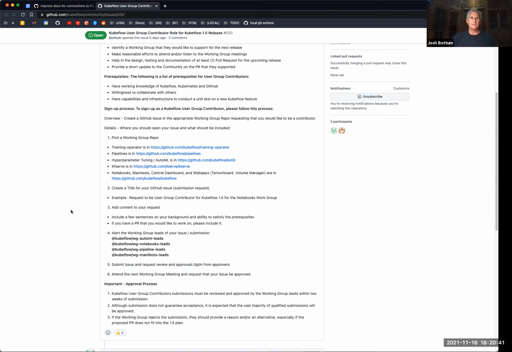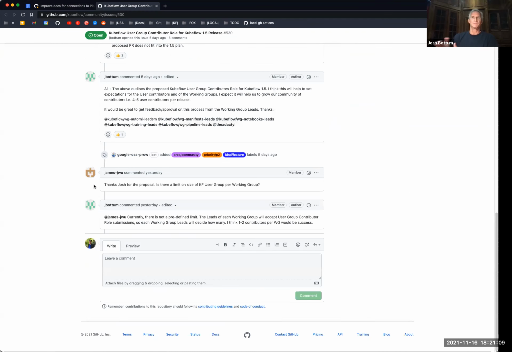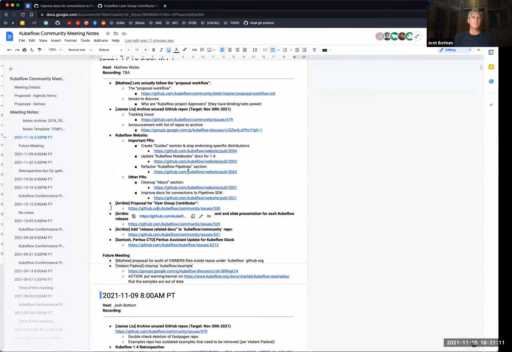No, it's not written that way. There's no definition that says that that's what it is. We continue on our current process where the working group leads are the point of contact. They determine what goes into a release or not. I think my proposal would be make it user feature sponsor. I think that's fine. I'd like to move on, we can put those comments in, but I appreciate everybody's time for looking at that.